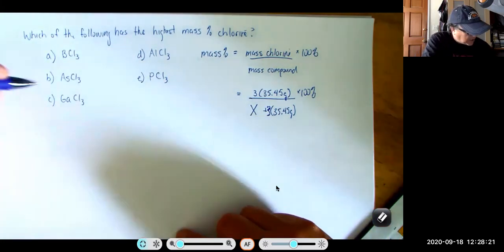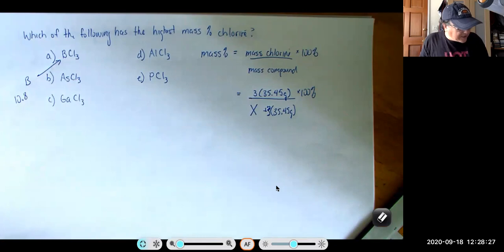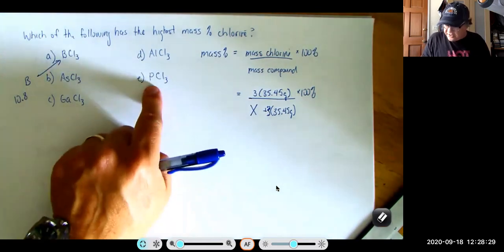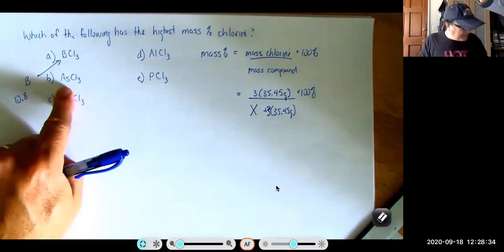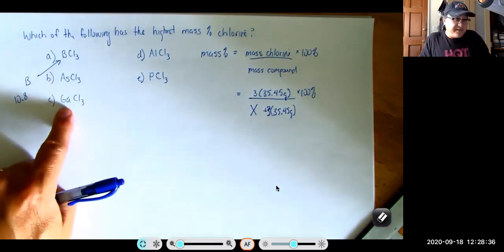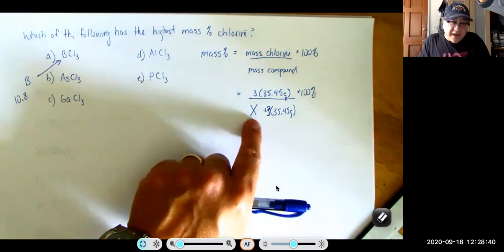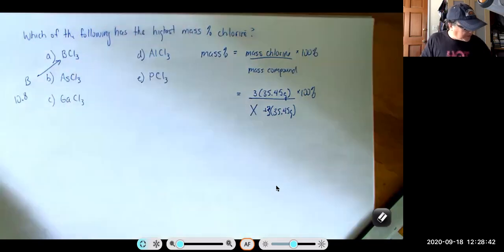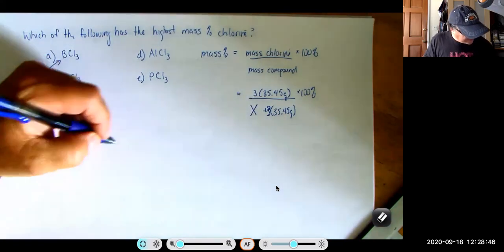And the answer is boron. Boron is like a 10.8. Aluminum is like 27. Phosphorus is like 31. Arsenic is 75. Gallium 73. So this one is going to give us the smallest value for X, which will give us the largest mass percent. So the answer is BCl3,